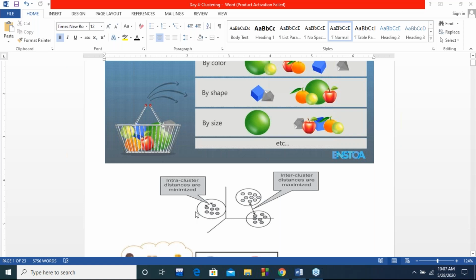So from here we can have a broader look at the distance function. The objects of one cluster should have the minimum distance between each other, and the objects of different clusters should have maximum distance between each other. So this is how we can look at the definition of clustering,